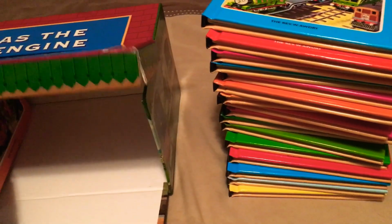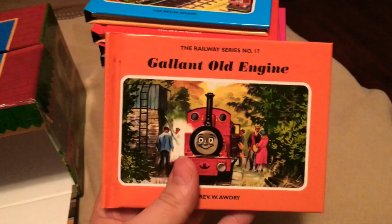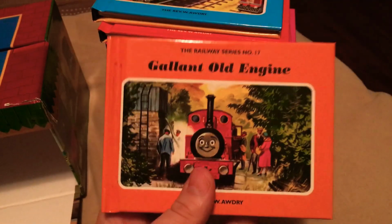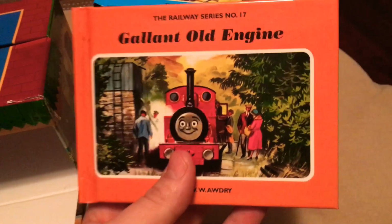Gallant Old Engine is the next one. Now, this one, I do like this book. Don't get me wrong, I love this book. But my only nitpick with this book is that I don't like the story